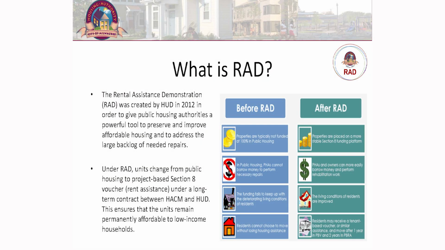So, what is RAD, besides a really cool acronym? RAD is a tool that was created by HUD in 2012 to address a backlog of capital needs with public housing authorities. So in 2010-ish, they commissioned the housing authorities to go out and learn what their backlog of capital needs were. So these are non-emergency deferred maintenance. And what they found was, and again, remember, this is 2010, so that was 8 years ago already. They found that in 2010, there was $26 billion worth of deferred capital needs at public housing properties across the